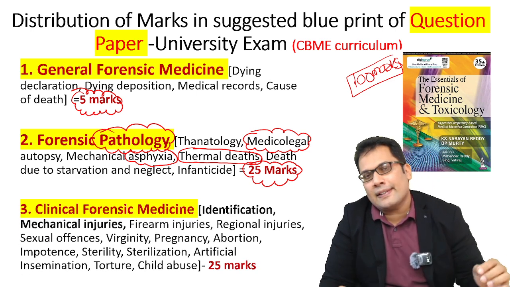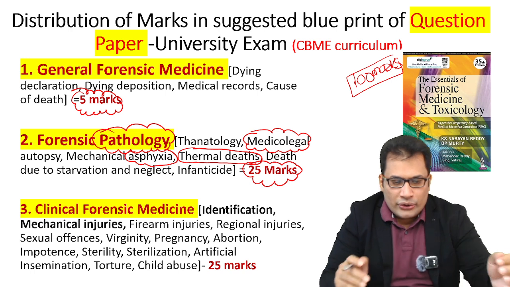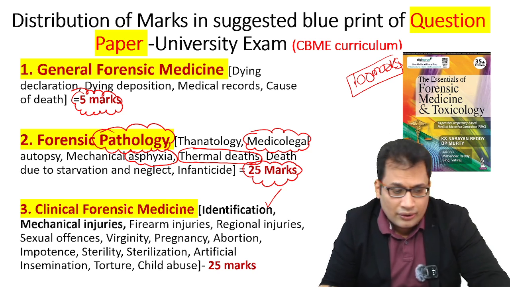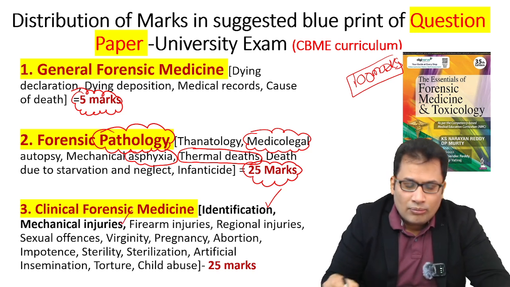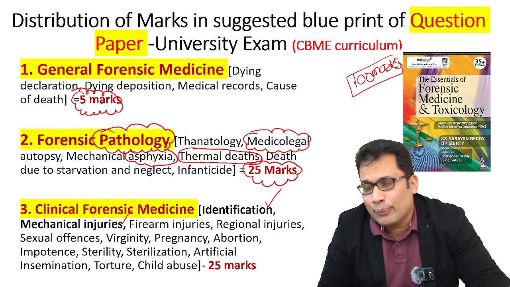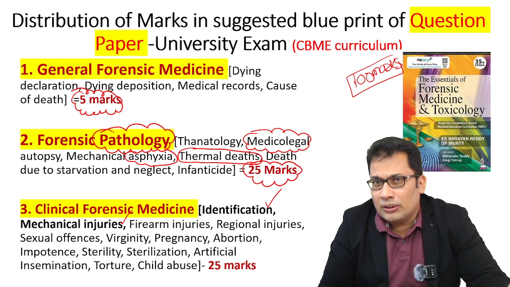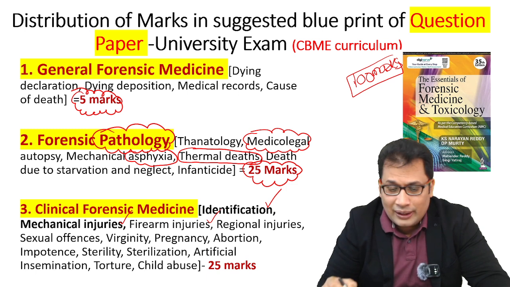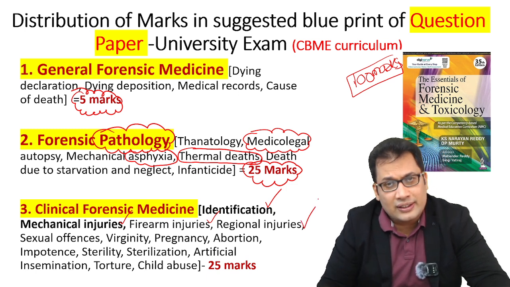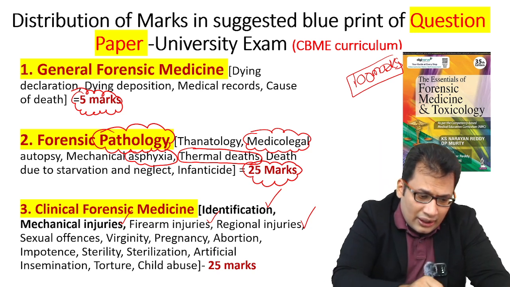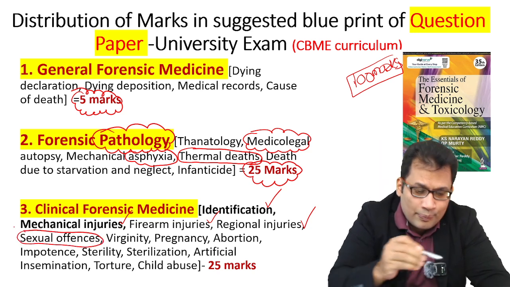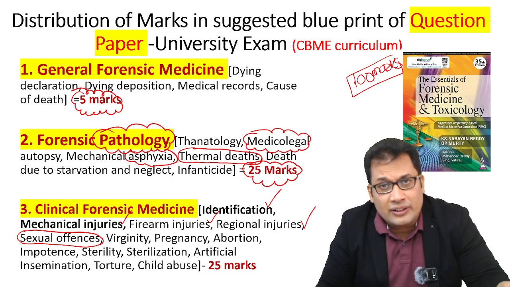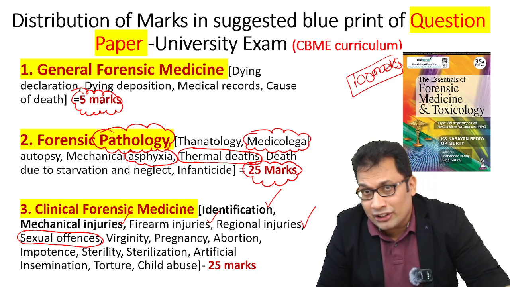Then clinical forensic medicine. It includes identification, the Gustafson method, very commonly asked. Mechanical injuries: abrasion, bruise, contusion, laceration, stab wound, and also incised wound. Then firearm injuries, entry wound, exit wound, very commonly asked. Regional injuries, skeletal fractures, hemorrhages. Then comes sexual offences: definition of rape, punishment for rape, classification of sexual offences, sodomy, sexual perversion, very commonly